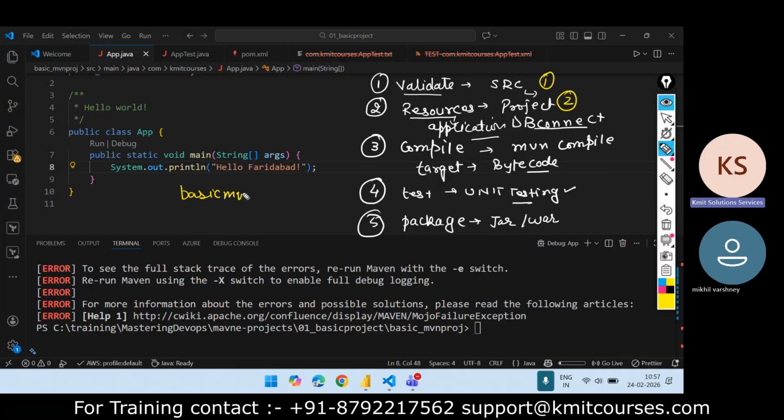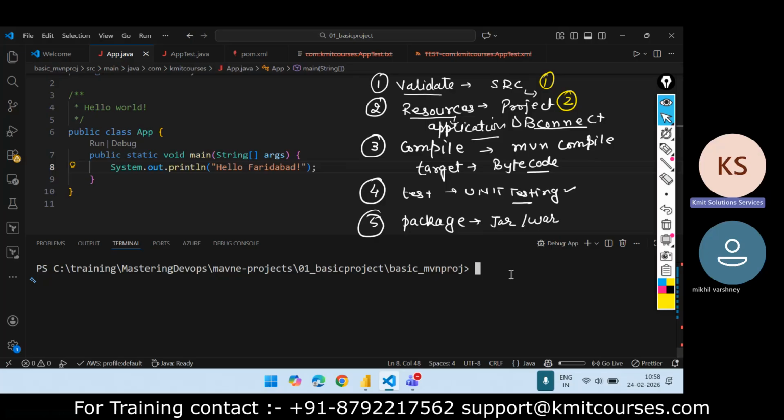Okay, basic Maven project dot my version name and dot jar, not dot, actually I think it's underscore. We'll see. There is a specific naming convention, so we will see how we can create this. Let me just remove all this. Right. So here